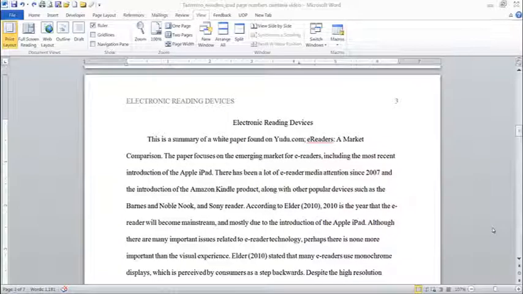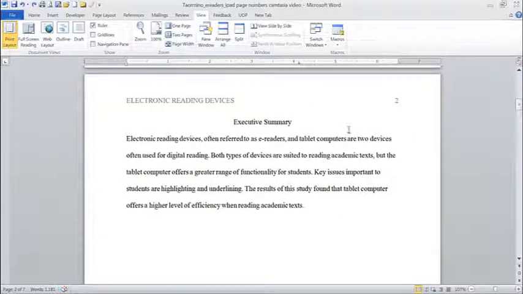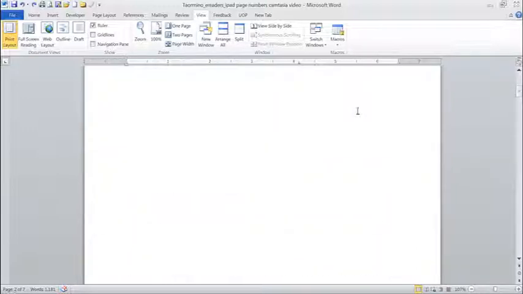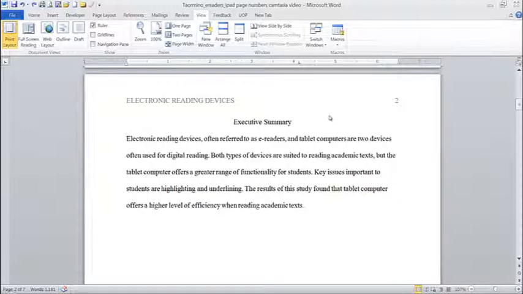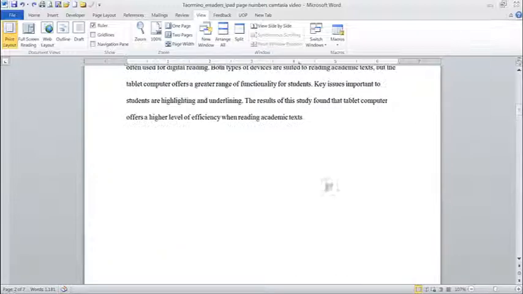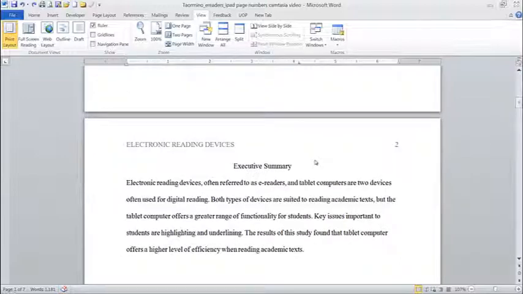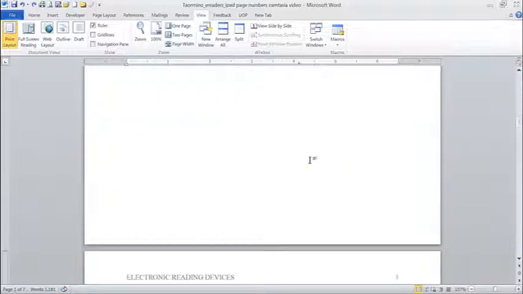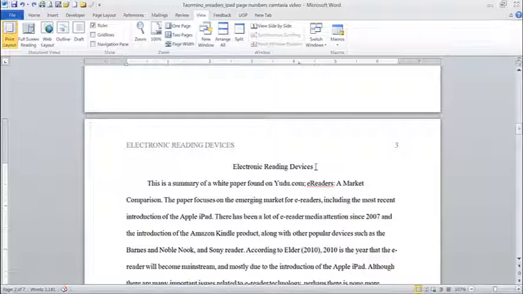Once you have set up your headings in Word, one of the nice features of Word is that it will use those headings to create your table of contents for you. So when you are ready to create the table of contents, decide where you want the table of contents to appear. In this paper, I have my title page, followed by the executive summary, and then the body of the paper. I want the table of contents to appear after the executive summary, but before the actual body of the